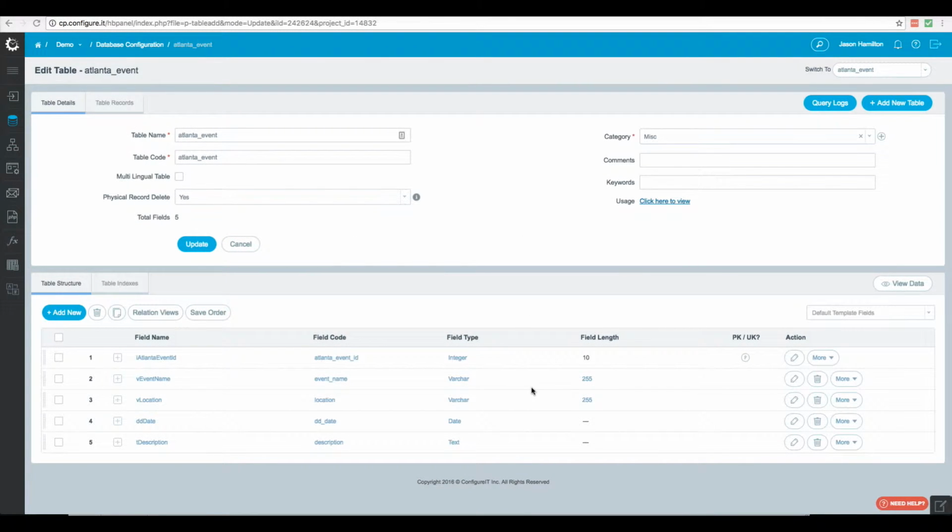So in this video, I want to teach you how to add, edit, and delete records in your MySQL database. So we're going to start off with this table. It's called Atlanta Event, and if you watch some of the previous videos, you've seen us use this data. So what we're going to do is add, edit, and delete some of this data three